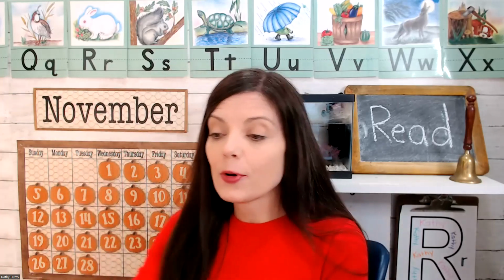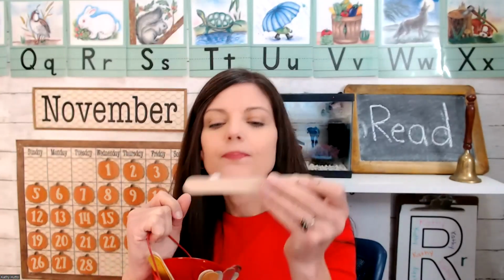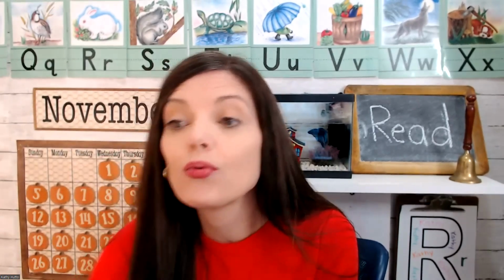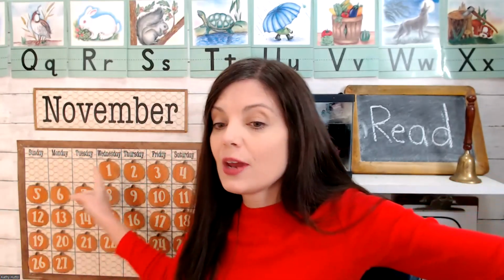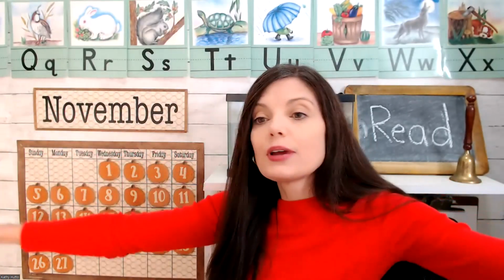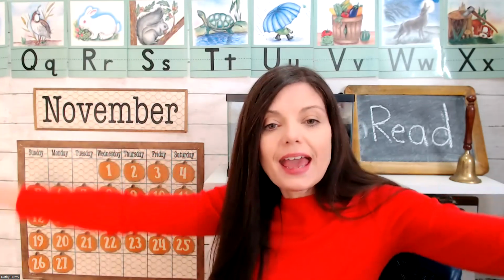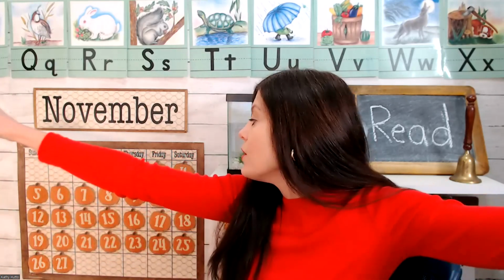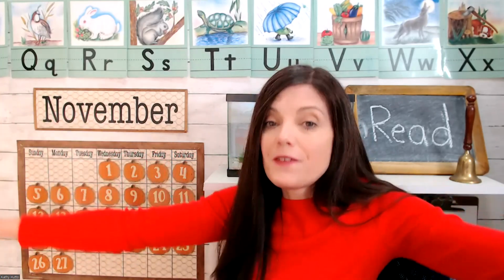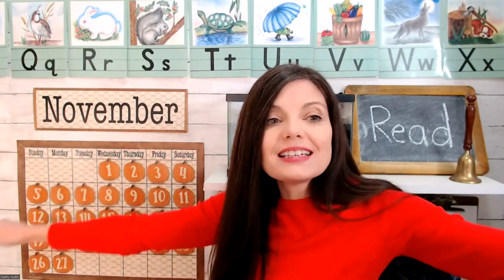Well, now that we've checked on Fred, let's check and see what day it is. The month is November, and how are we going to count? Let's reach into our pail and check. It says we're going to roll our arms. So can you stretch out your arms and we'll roll them as we say all the numbers on the calendar. Ready? 1, 2, 3, 4, 5, 6, 7, 8, 9, 10, 11, 12, 13, 14, 15, 16, 17, 18, 19,